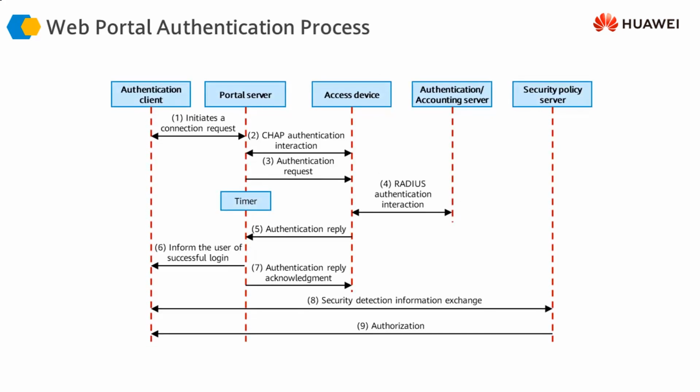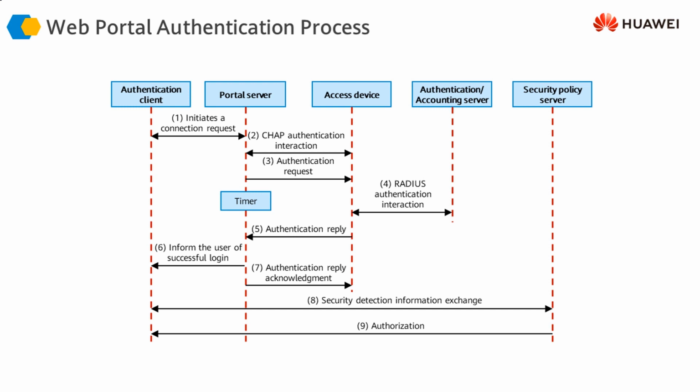So this is what happens. Here's the client that wants to connect to the network. This authentication client gets connected with the authentication device, and then it has to be redirected to the portal server. The portal server connects to the client and asks for a username and password. The user enters the username and password, and then the portal server passes this username and password to the switch or the access device, which exchanges this information with the authentication server, or a Radius server, at the back end.